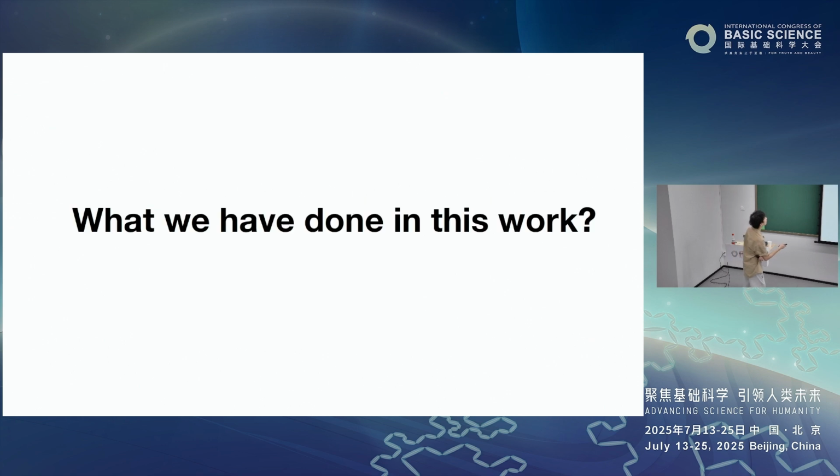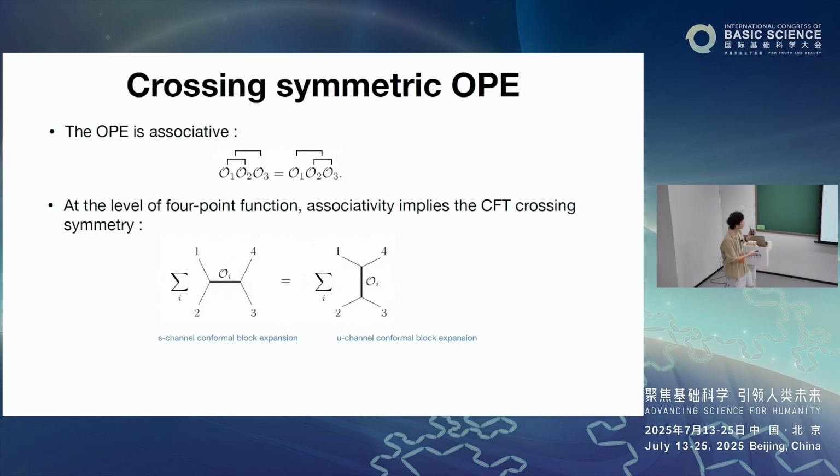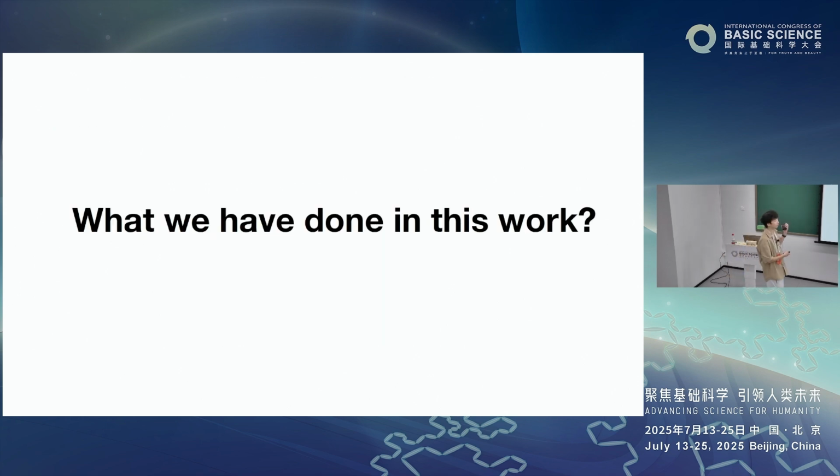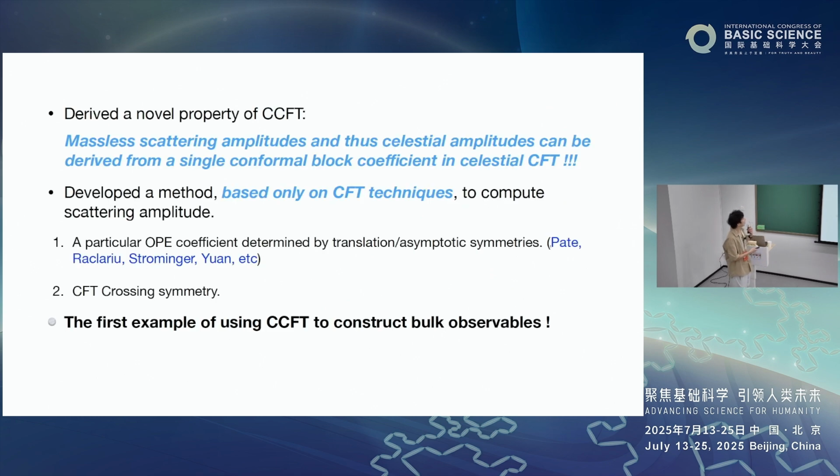Okay. So after introducing the CFT terms, I can introduce what we have done in our work. In our work, we basically found 2 things. The first, we derived a property of celestial CFT. We found that the celestial amplitudes, and thus scattering amplitudes, can be derived from a single conformal block coefficient in celestial CFT. So let me